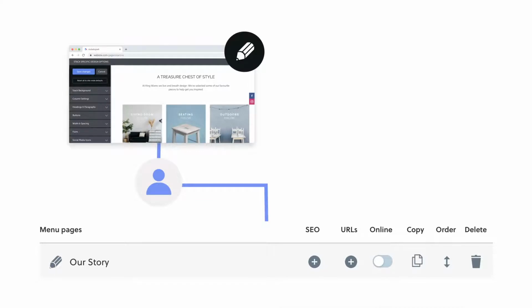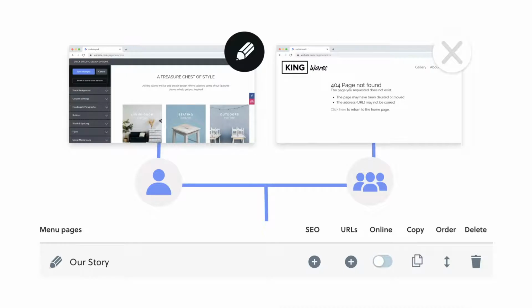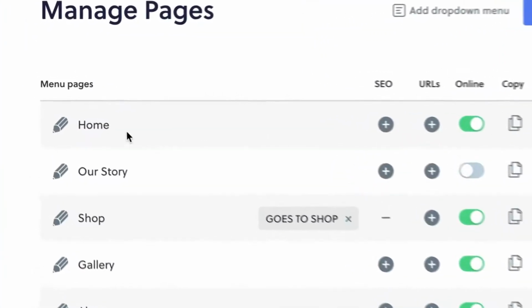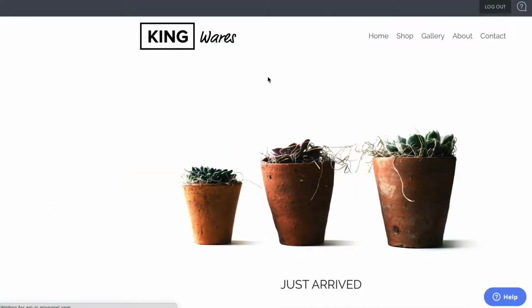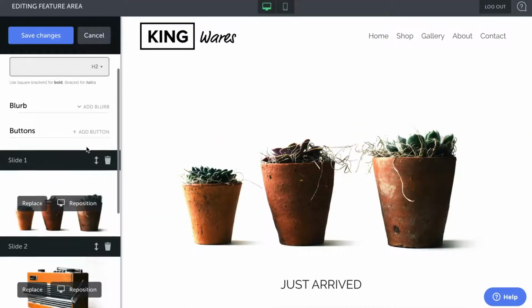This means that you can view them and edit them while logged into your RocketSpark dashboard, but visitors to your site won't be able to view them even if your site is live at your domain name. To visit one of the pages, just click on the name of the page and it will take you to that page in editor mode.